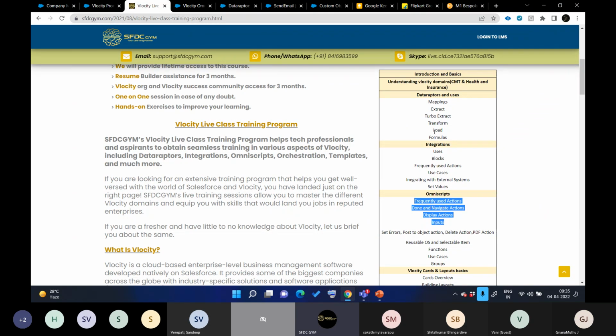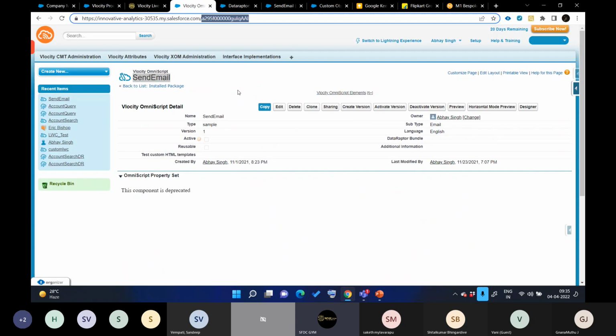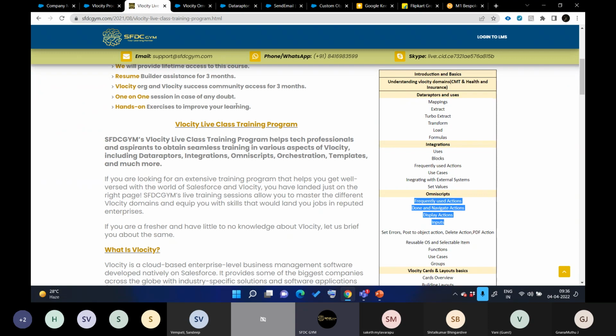Any other question? Sir, what is the configuration required in the laptop? A basic laptop is required. Everything we will do in Vlocity, in Salesforce. Yes, there are some tools that we sometimes need to download, but normally if you have a laptop, then it is fine. Salesforce runs on the cloud, so it doesn't require your CPU to run actually.